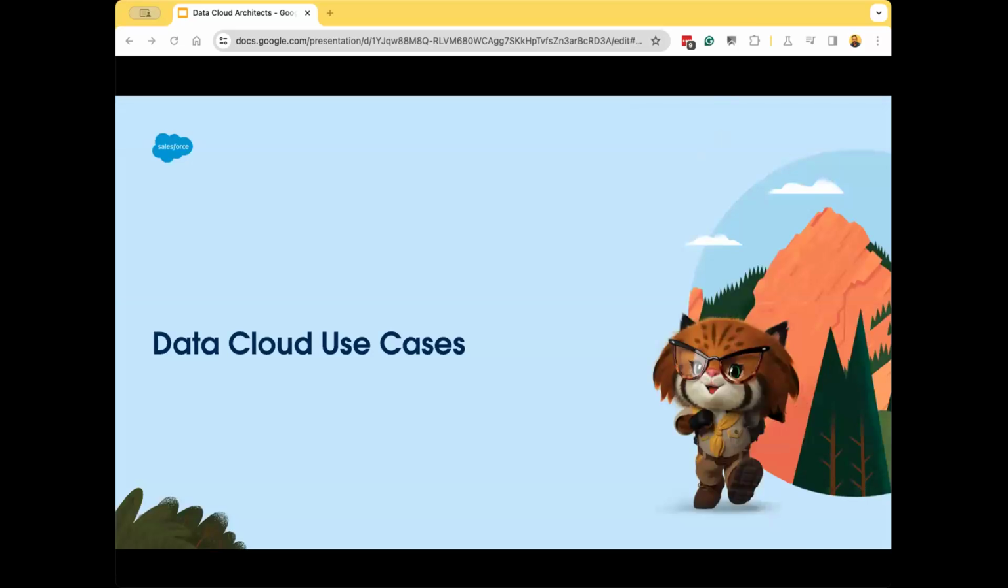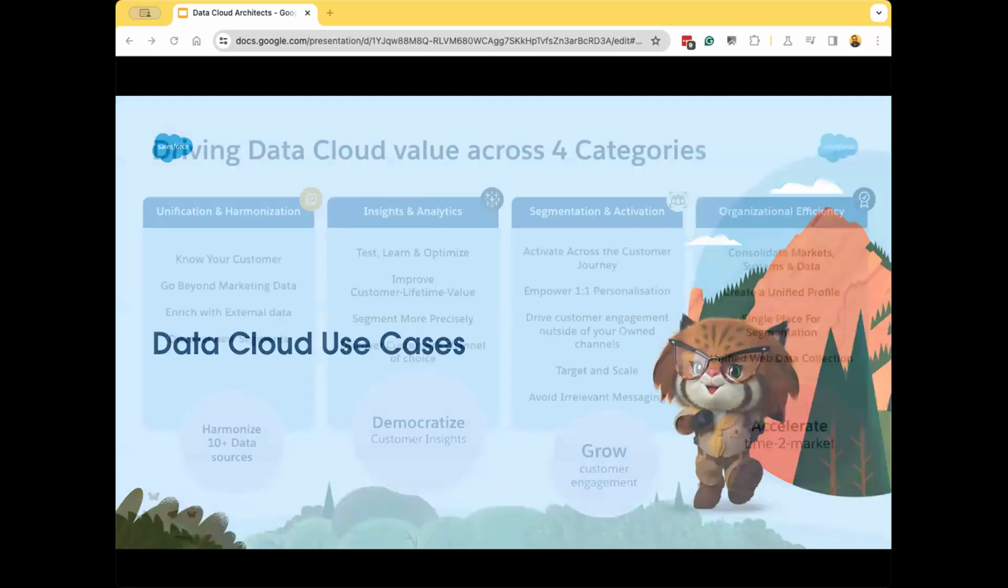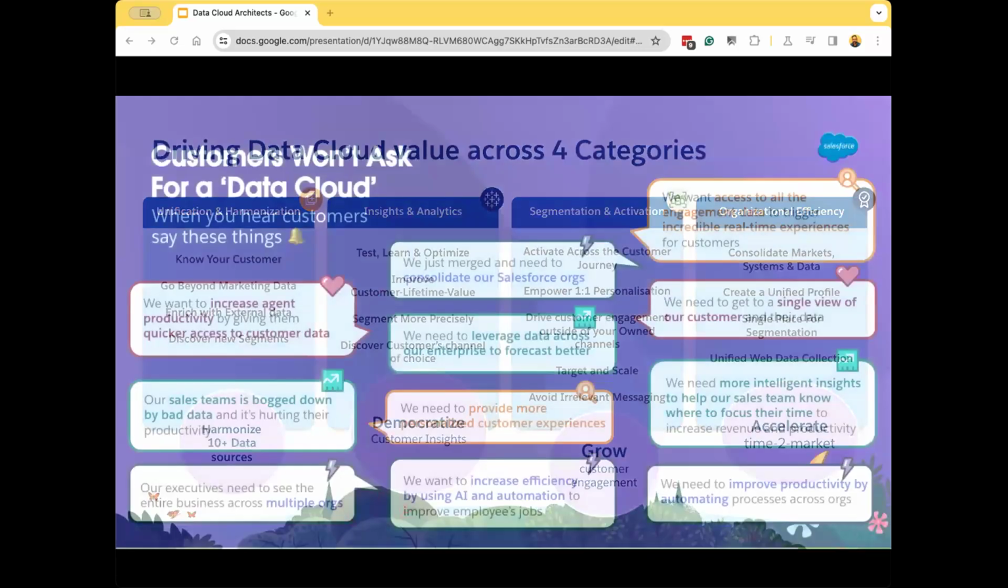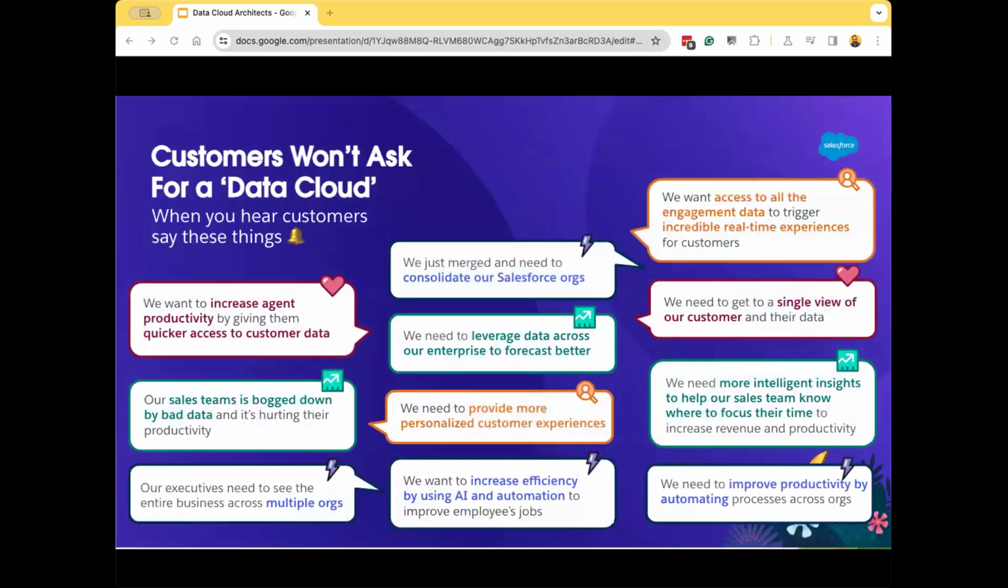Then coming on to the... it's just that we need to ask the customer the right kind of questions, and they won't ask for it directly, saying, "Hey, I'm looking for a Data Cloud kind of solution." But if they're actually looking for answers based upon these kind of prompts, then it's a good indicator that yes, they would want to be told about Data Cloud, and Data Cloud can actually solve a lot of their challenges